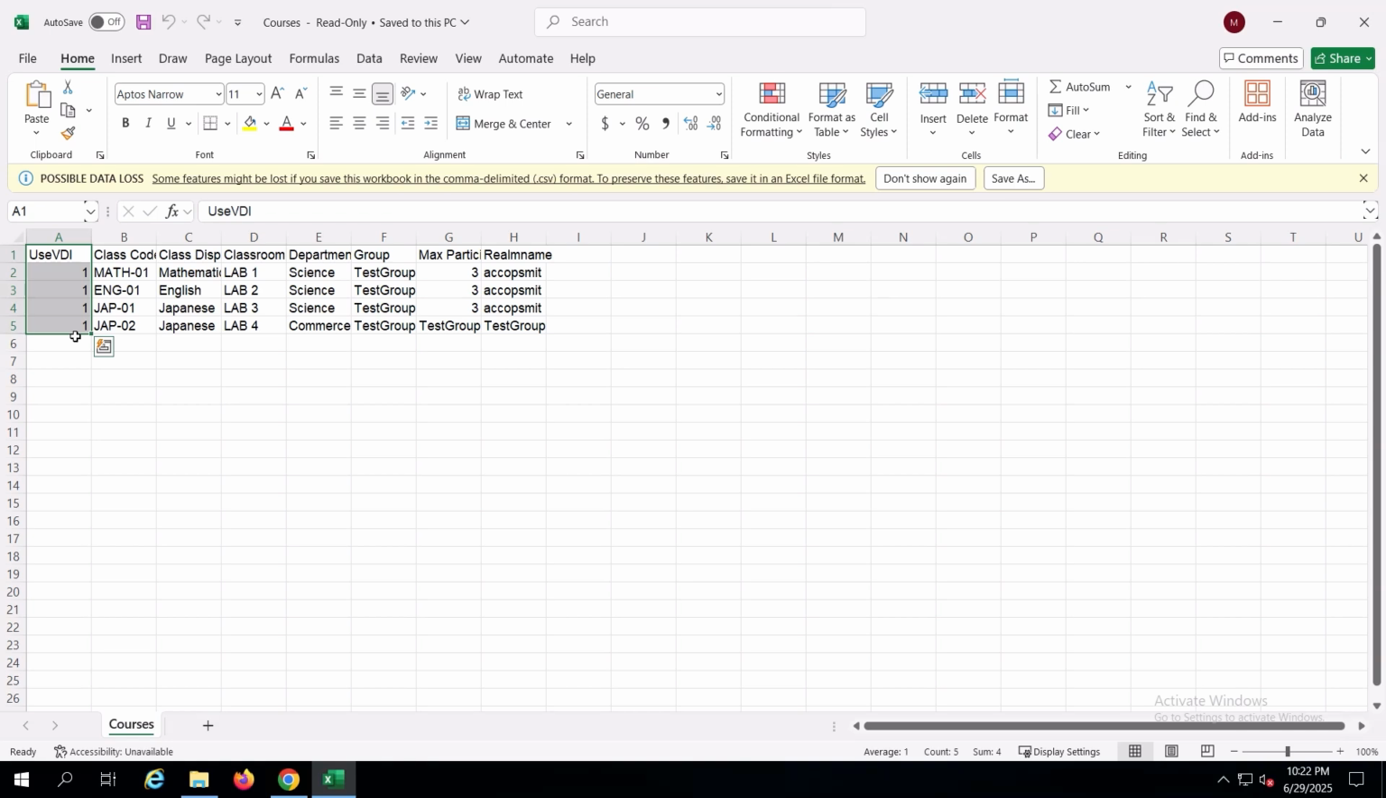skipped. Next is the class code, which is a mandatory field. It must be a unique identifier for the course, with a maximum of 16 characters. Allowed characters include letters, numbers, hyphens, and underscores. If the field is left blank or contains unsupported characters, an error will occur, and the record will not be